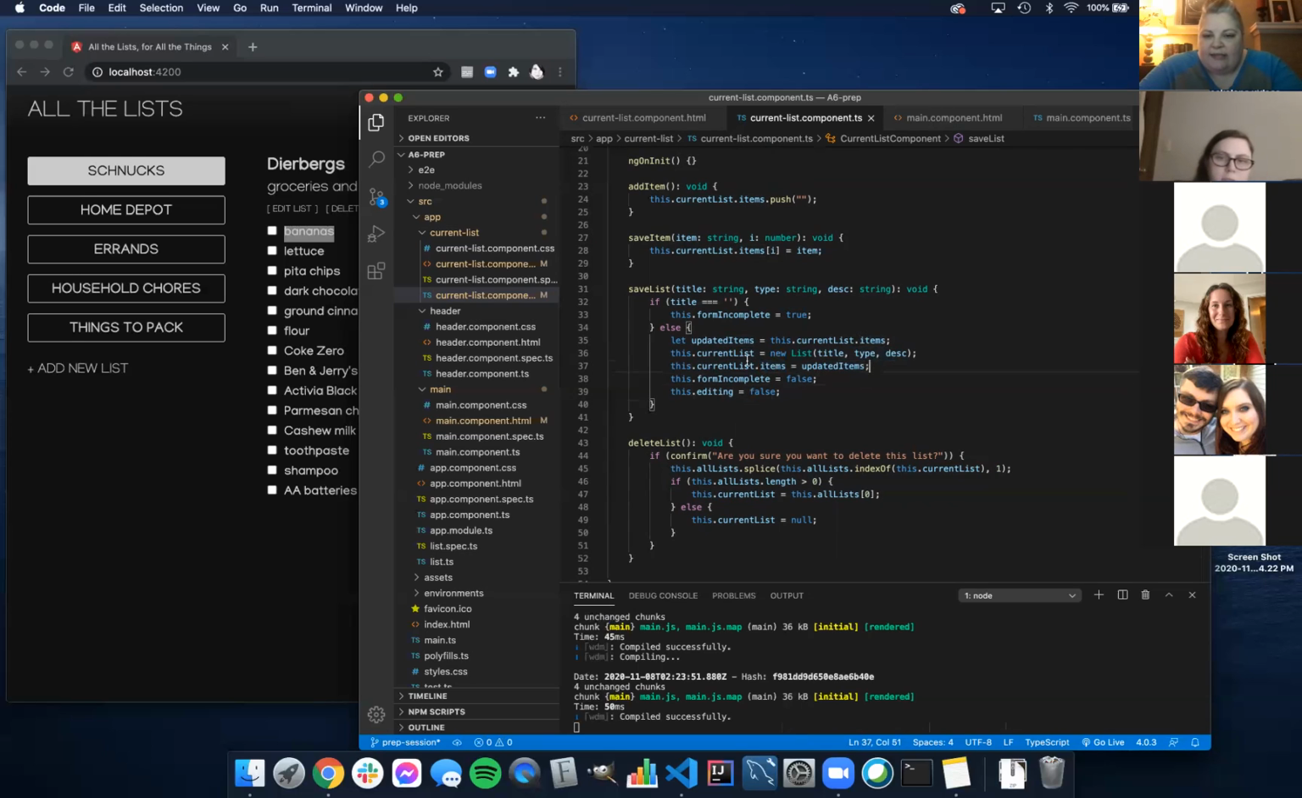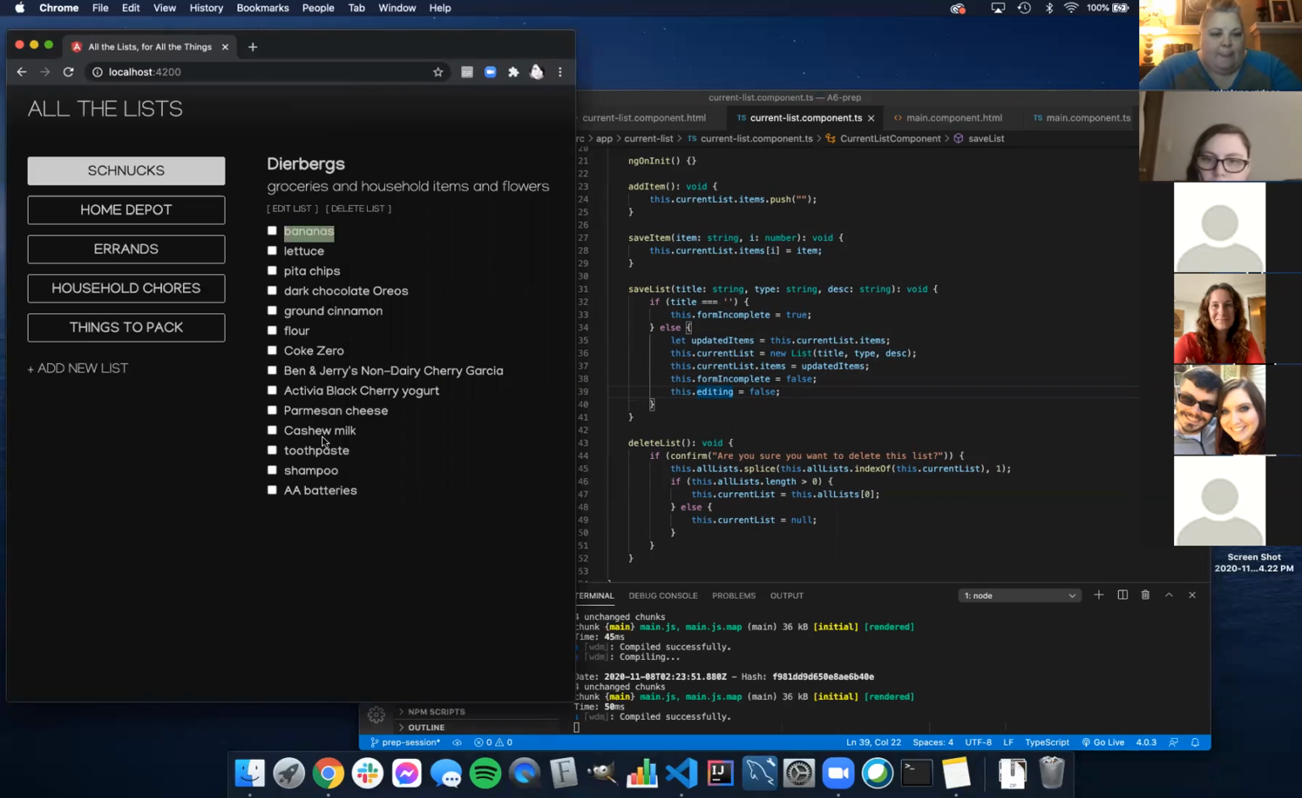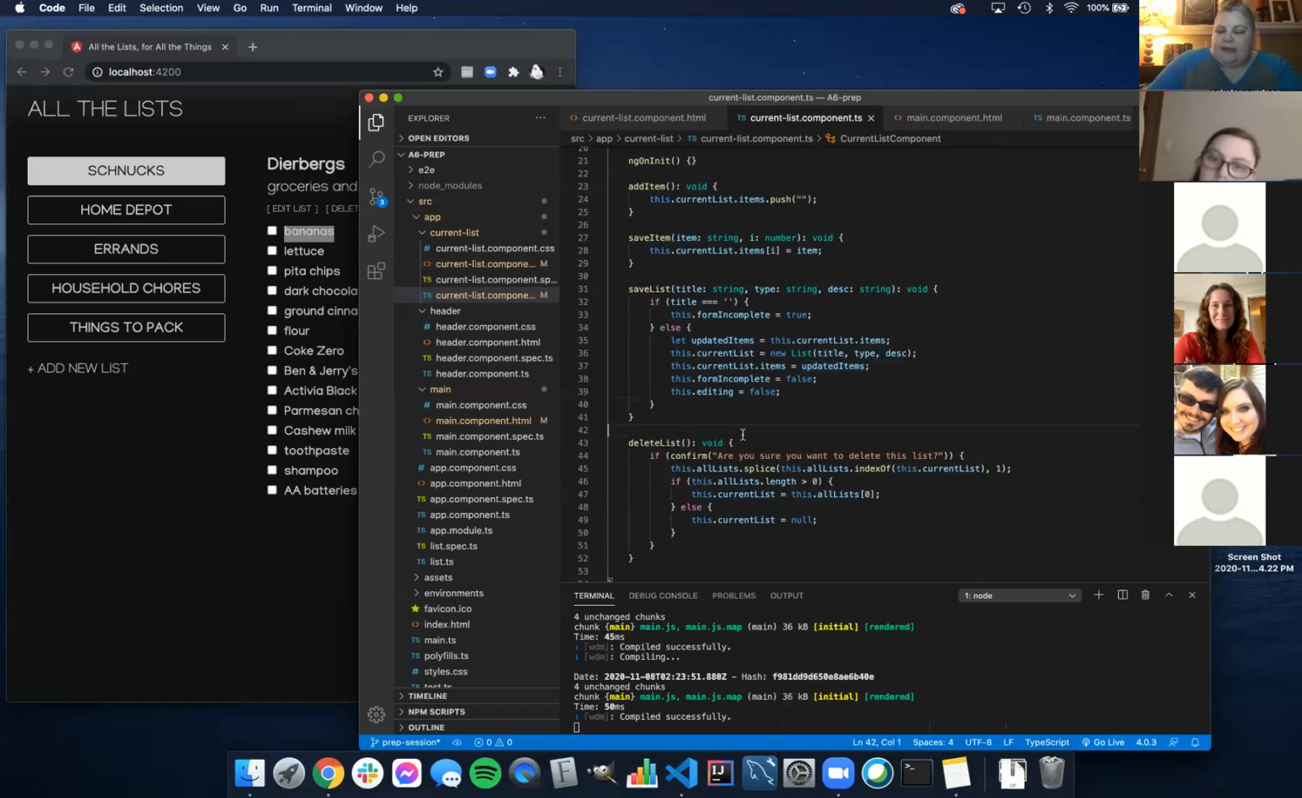So that's what's going on right there. A couple extra lines of code, but pretty much the easiest way to get that array stored back. And then, form incomplete false, editing equals false, and that makes sure that we get our list back. So last couple of things,